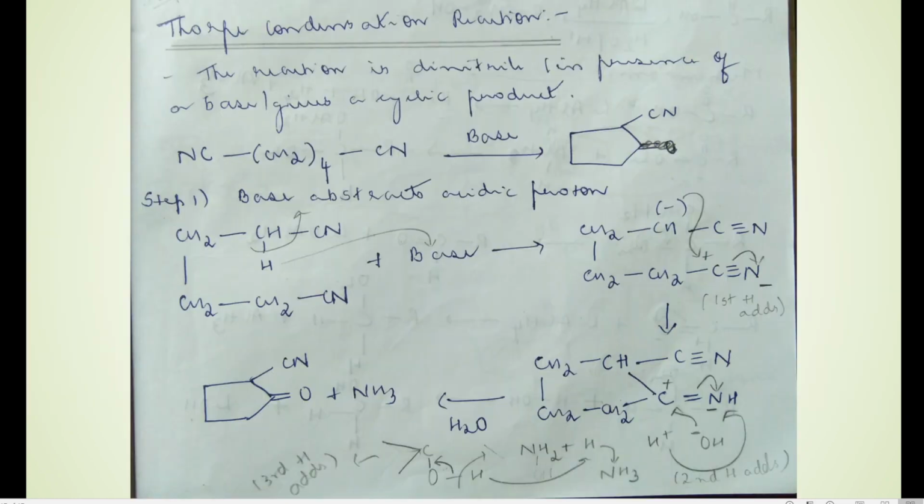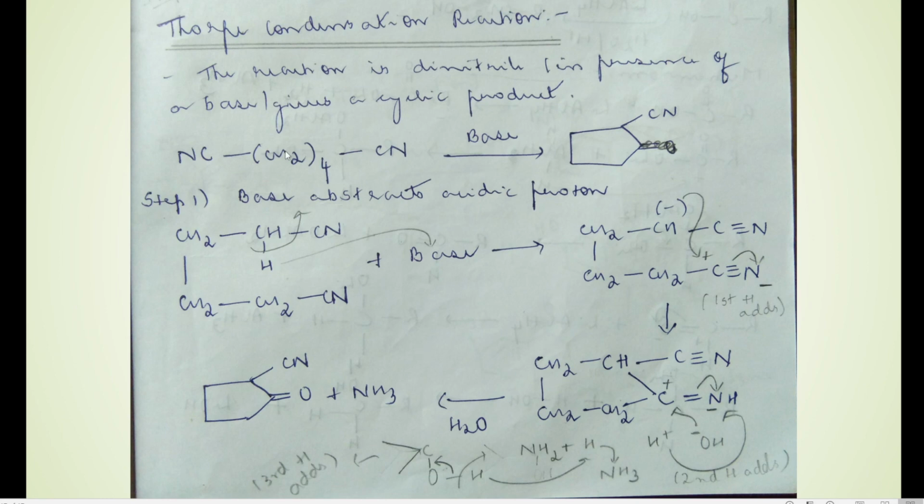Moving on, the next example for ring formation reaction is the Thorpe condensation reaction. This is one more named reaction that is very, very important. So here what happens, a dinitrile, that is you can see that dinitrile reactant, in the presence of a base will give a cyclic product. So here we are taking a dinitrile which in the presence of base will give us a cyclic product. So let us understand the reaction mechanism, students.